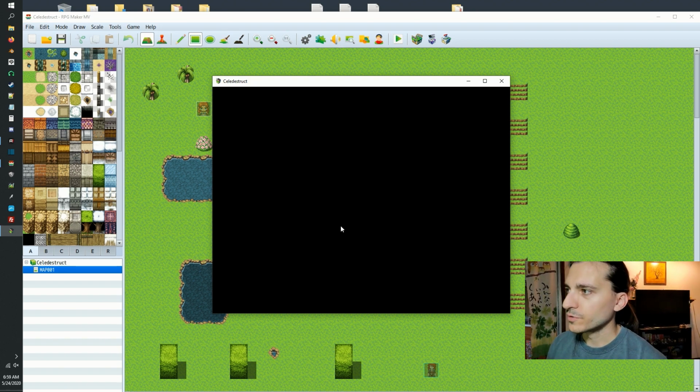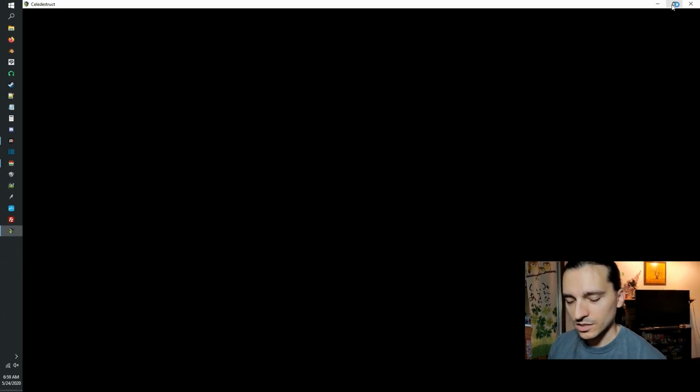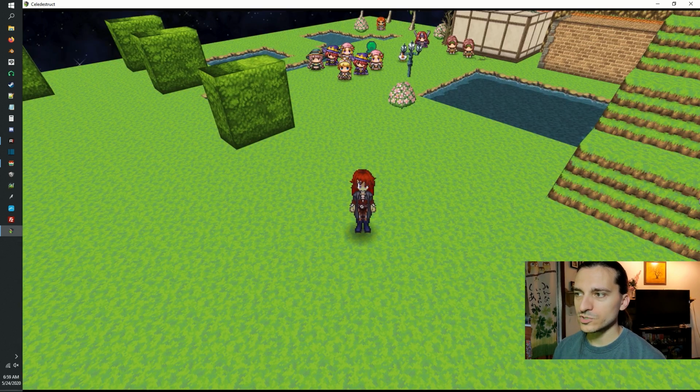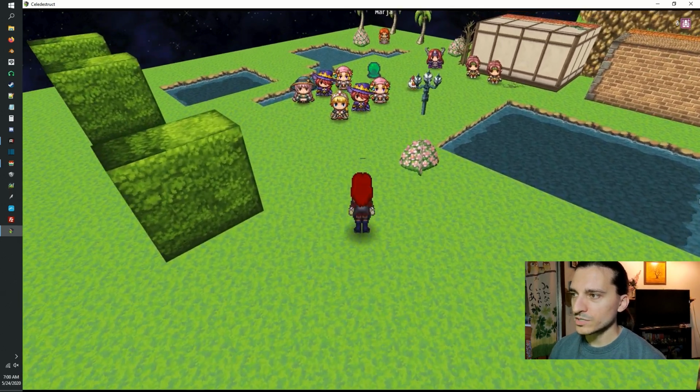Now, full disclosure, I've already seen them. I know what they look like, and they look pretty great in my opinion. They're stylized, but they look really nice. They don't go well at all with the other sprites in RPG Maker, the default ones. So if you're going to use this tool, you will probably want to,